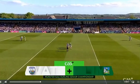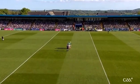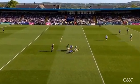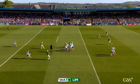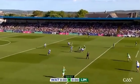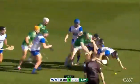across. They've elected to defend the city end here in the first half. That means they'll play from left to right. It also means there'll be a strong sun shining into the eyes of Billy Nolan as away we go. First possession of the game is for Adam English, the dynamic Limerick midfielder who runs straight into a swarm of